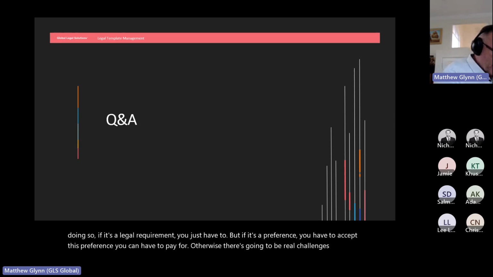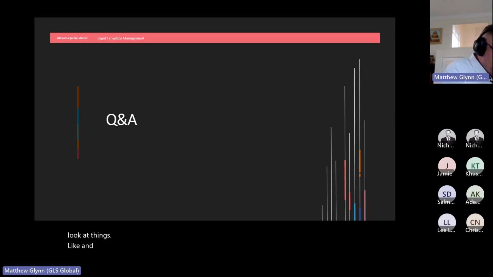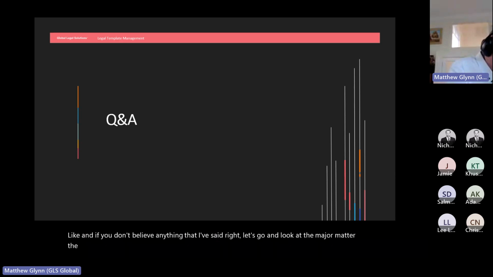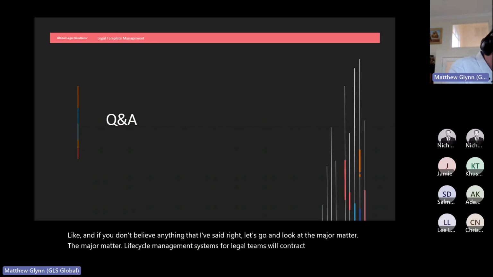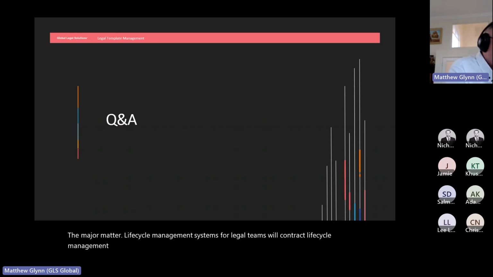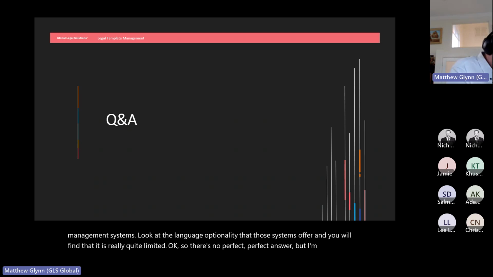And if you don't believe anything that I've said, let's go and look at the major matter lifecycle management systems for legal teams or contract lifecycle management systems. Look at the language optionality that those systems offer, and you will find that it is really quite limited. So there's no perfect answer, but I'm going to summarize it in three.